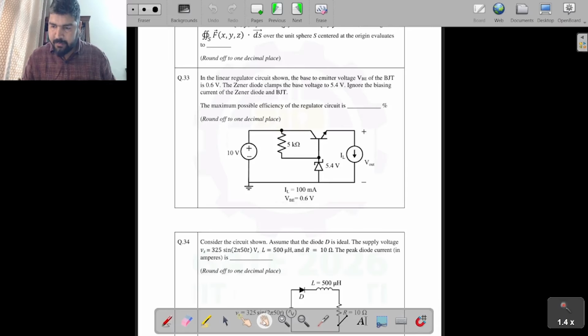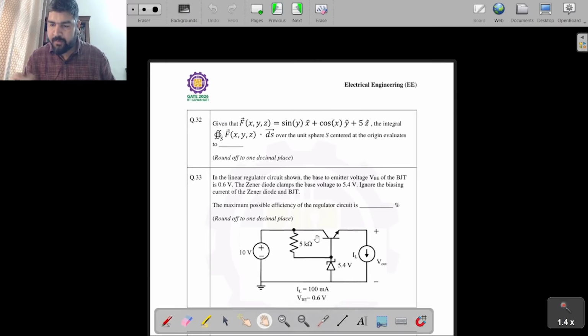Now you can see question number 32 on your screen. The question says that given F equal to sin y x cap plus cos x y cap plus 5z cap, we need to find the closed surface integral over the unit sphere S centered at the origin. How to calculate that? With the help of the divergence theorem, we can say that the closed surface integral of any vector field can be represented as